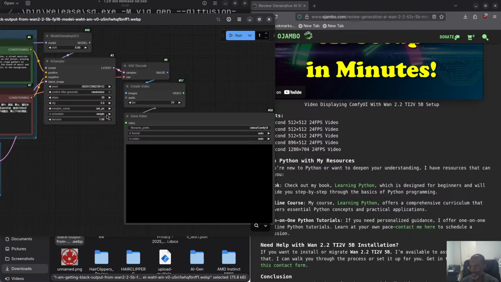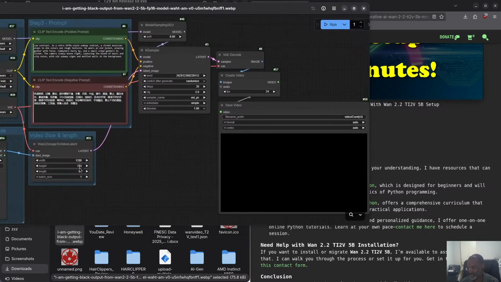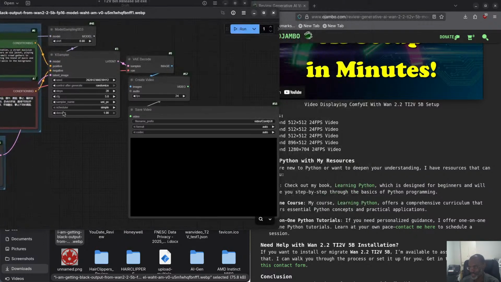So if you're having problems, try setting the scheduler to simple. That's what got the videos working for me. That little guy right there, just adding a scheduler and setting it to simple, and then boom, I was able to get videos. Because I tried all this stuff. I tried setting the FPS higher. I tried increasing the resolution, and none of that worked. So you see down here, the default resolution is 1280 by 704, again because of the multiples of 64. I even tried increasing the length. None of that worked. It is only this little part right here, scheduler, simple, and boom, I was able to get